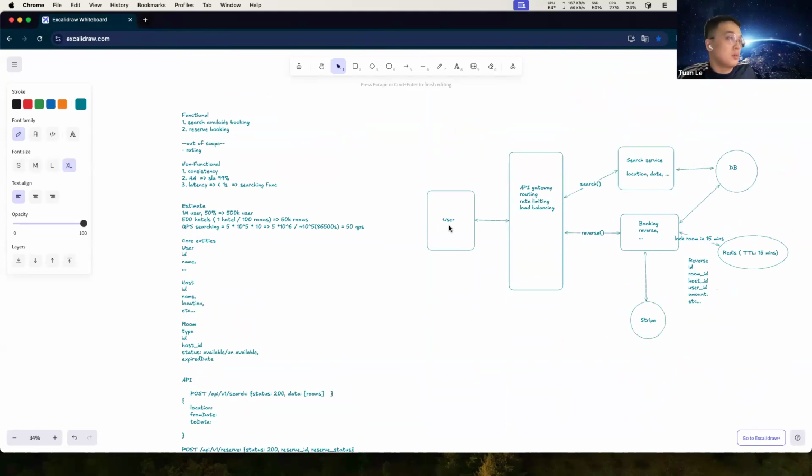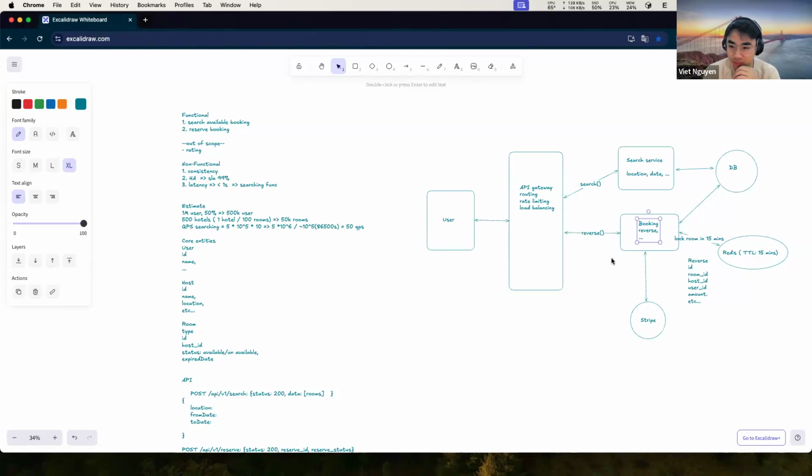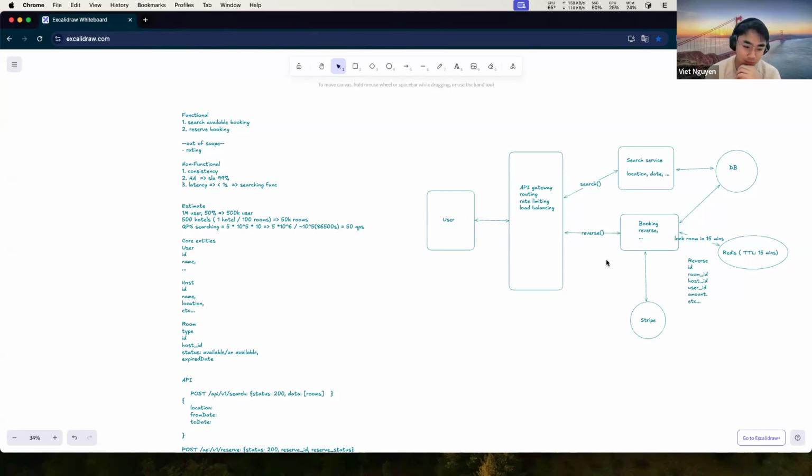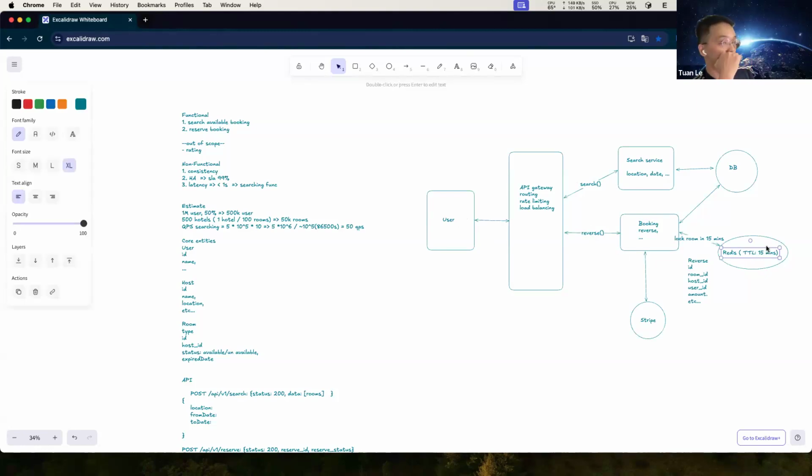Okay, first the user goes to the website and searches the places where the user wants to go, and when the user chooses one room, right? What if they choose multiple rooms? Actually they can choose like 2 or 3 rooms. Let's say they have like 10 people, so they have to make like 10 rooms, right? But to keep things simplified, let's say it's just 1 room now.